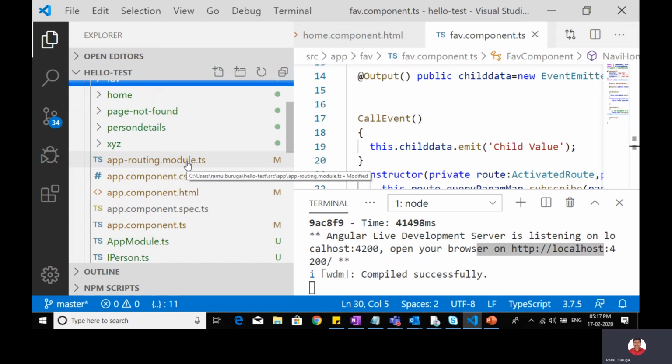The third one is that this routing should be called in your home component, or home page, which is also one of the components. On the home component you should call this routing selector, the router element.